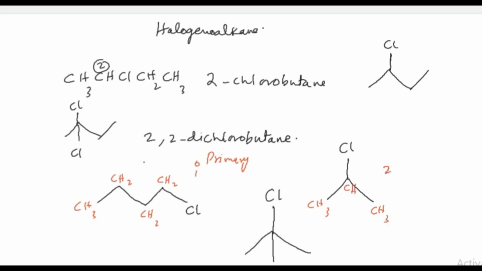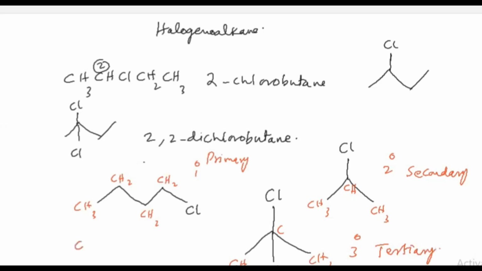So CHCl is 2-degree, or the secondary halogenoalkane. But look at this structure, 3 CH3 groups are there, and this is CCl. Carbon is already making 4 covalent bonds, so no need to add one more hydrogen. So this is tertiary or 3-degree